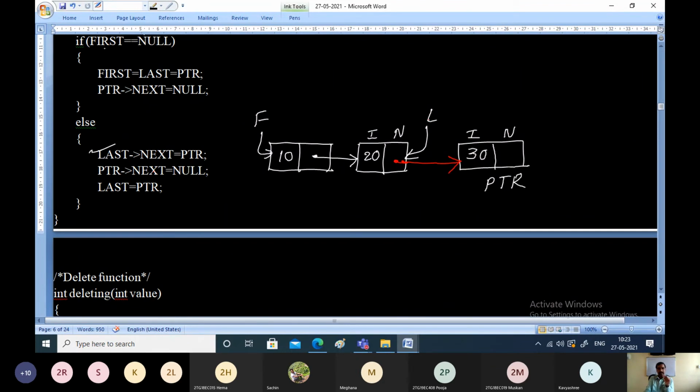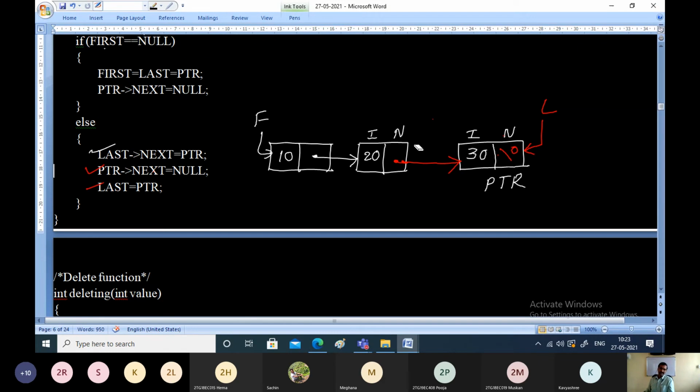So this we can simply write by the statement. Yes, just interchange this, that is also fine. It will not make any difference. Take ptr pointer next and make it null as well, because there is no next node. Then last pointer, that means last should point to ptr. Now this will become the last node. That's what is happening: last equal to ptr. So wherever ptr is pointing, the last will also point to the same node. Now L is pointing to this node.